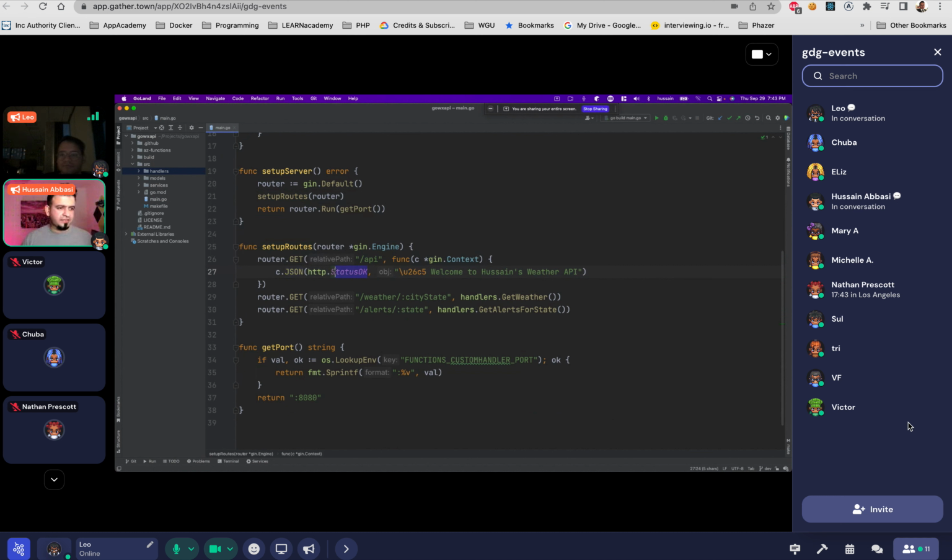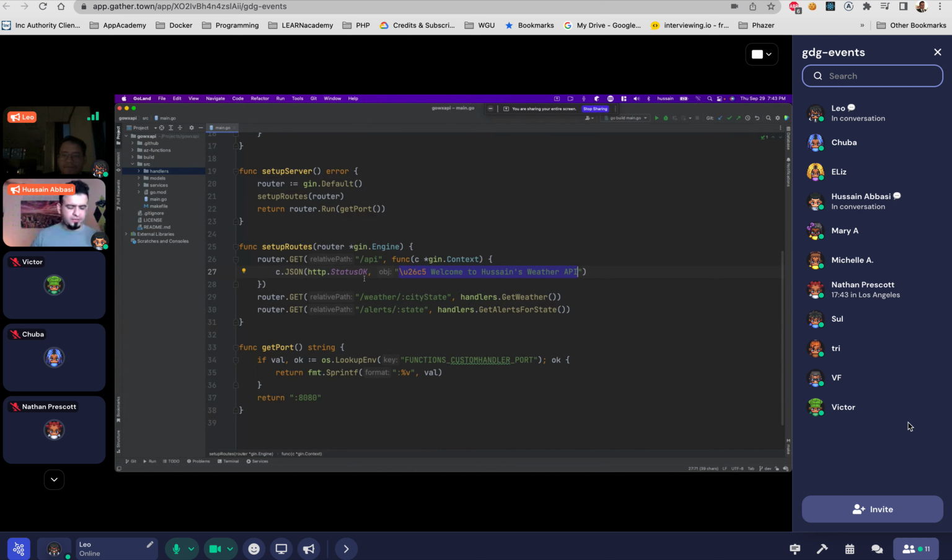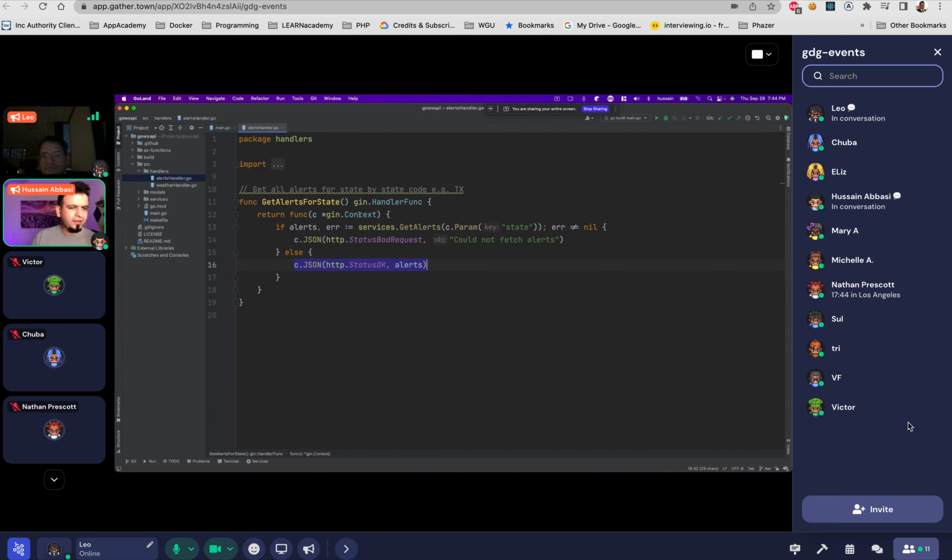a response, right? So I'm responding with the status okay, and then the text that you guys saw when we were in there that said things API. But then for my /alerts and /weather, I have other handlers. So in this case, I have two APIs. We'll talk about both, but we'll talk about this first. So it's just an alert API that takes in a variable query path string called state, and we call get alerts for state.